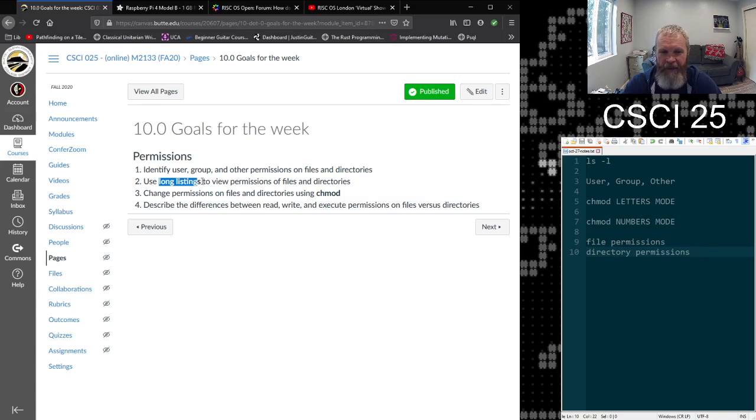We'll use the ls command with its long listing option to see permissions on files and directories. We'll use the change mode, or what I usually call chmod, command to change permissions on files and directories. And then we'll explore what it means to have the different permission settings on files versus the different permission settings